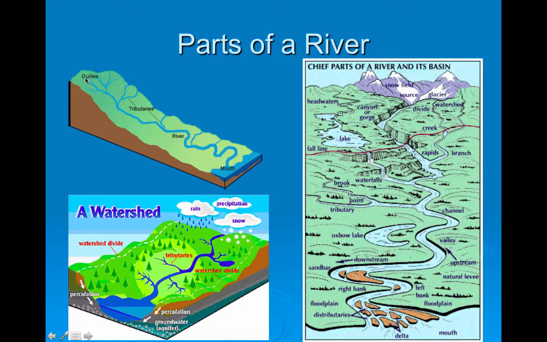You need to know that the source of the river is also called the head. Then you have the mouth down here. It's cold, clear, and quickly moving up at the head, slow, full of sediment, and less oxygen but more life down towards the mouth. And here are all the bits here. This is called a delta down here at the mouth. It widens into a triangular piece.